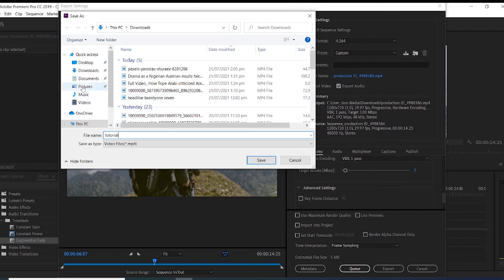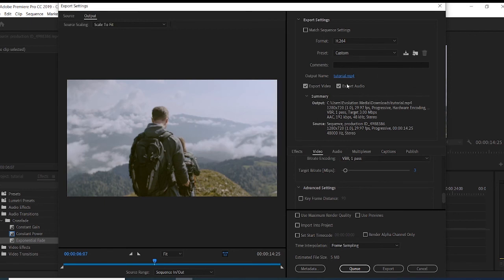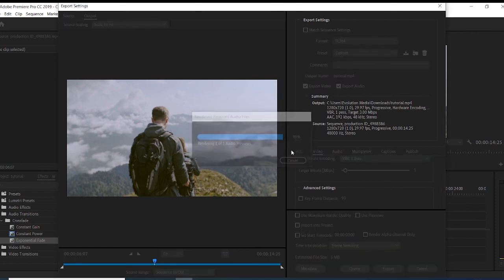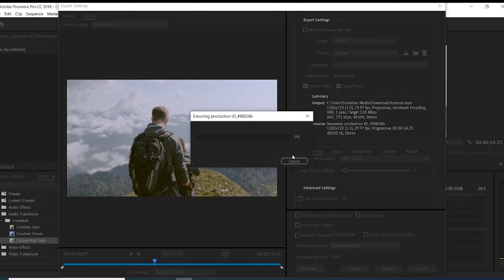tutorial, and then choose where you want it to save. I've chosen Downloads before, and that's why it's on Downloads. So if you've chosen Downloads once, you don't need to choose it again. It will automatically be going there. So click save, and this way it's showing you that it's on the Downloads tutorial folder. So you can then click export. It's going to export depending on how good and fast your system is. It also depends on the time it's going to take to export.